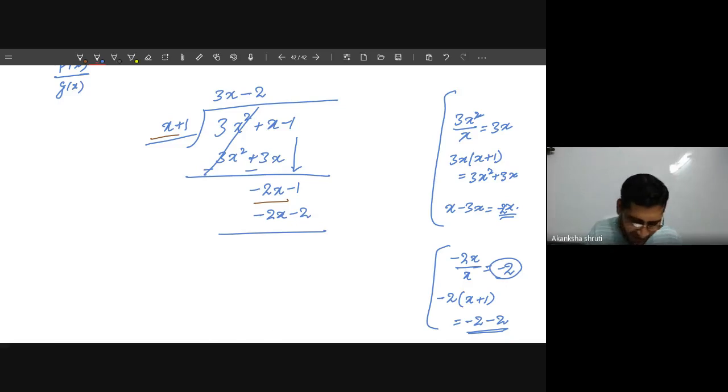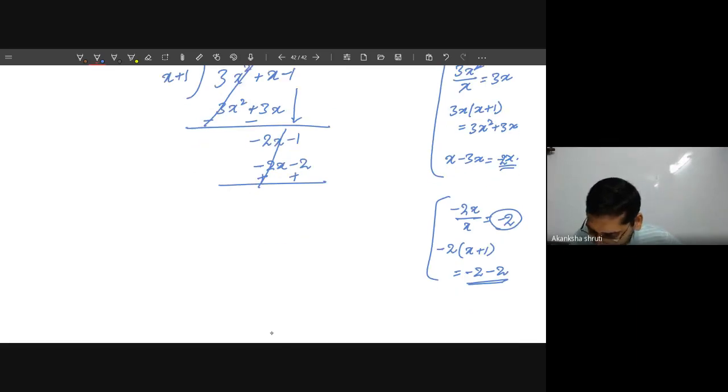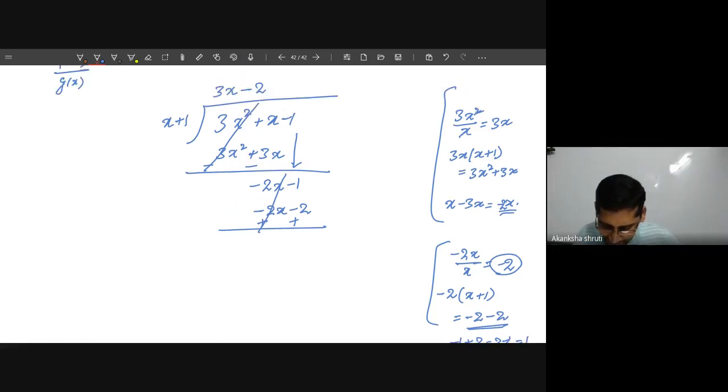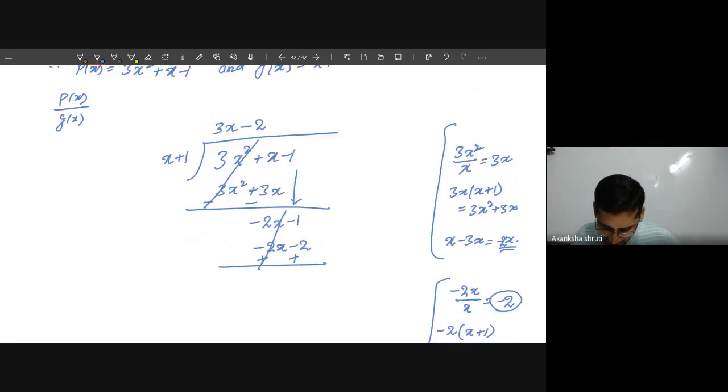Now again you have to change the sign of the lower one. So see, the lower one is minus 2x, so it becomes plus, and it is minus 2, so plus. Now the first term will get cancelled. The next one is your minus 1, but the lower one is plus 2. Means it is like 2 minus 1, so it becomes 1. Okay, student? So it becomes how much? 1. It becomes 1.